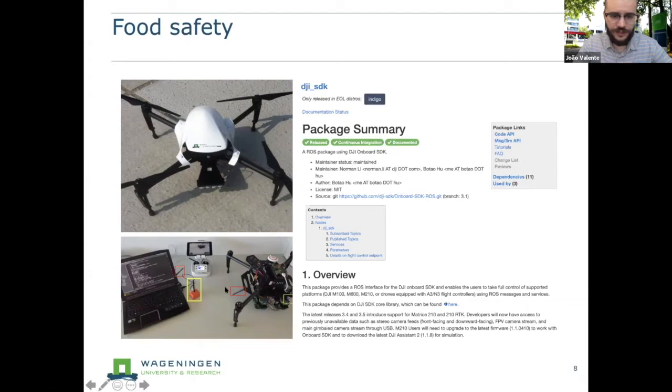You can find this information, of course, on the Robot Operating System webpage. You see that this is the package that we are using, supported by DJI. You can see that right now there is support for the Matrice 100, 600, and 210.